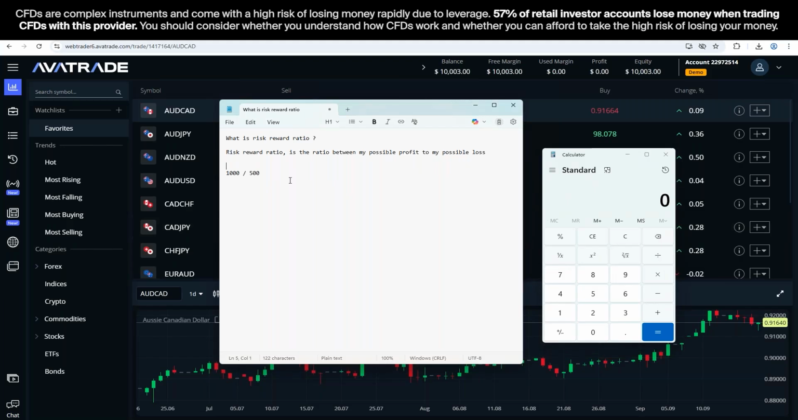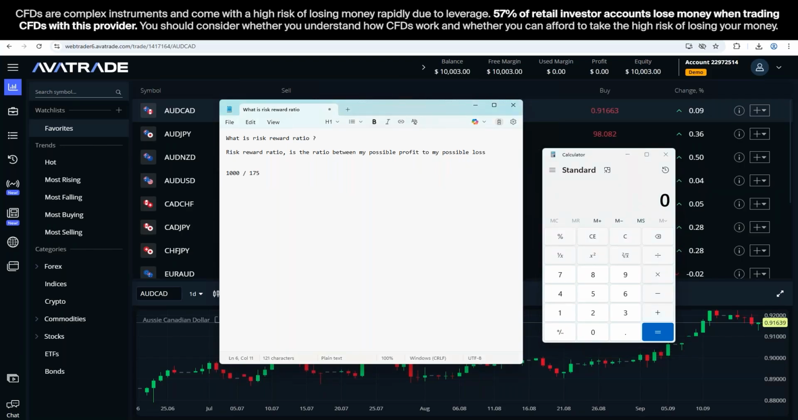What if, for instance, I can make 1,000 and I can possibly lose, let's take an unround number, let's go 175 as an example. So what's the ratio here? If I divide 175 by 1,000, it's 0.175. And if I want to know the percentage,